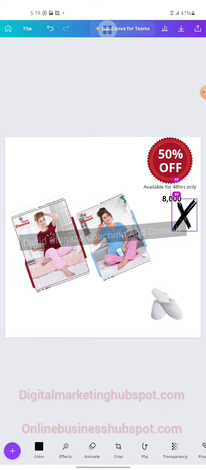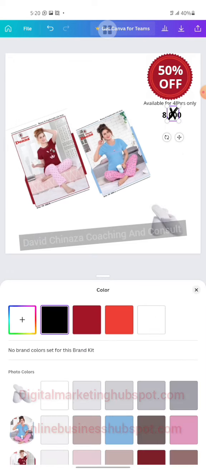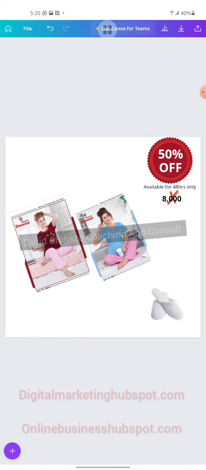So I'll bring it here, meaning I'm not selling at 8,000. Okay, let me change the color. Okay, this is better. All right, so I can duplicate this. I clicked on the duplicate icon,